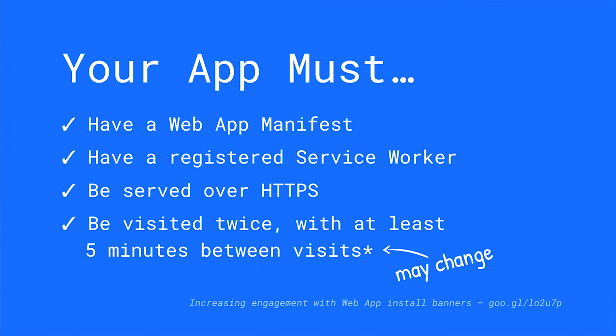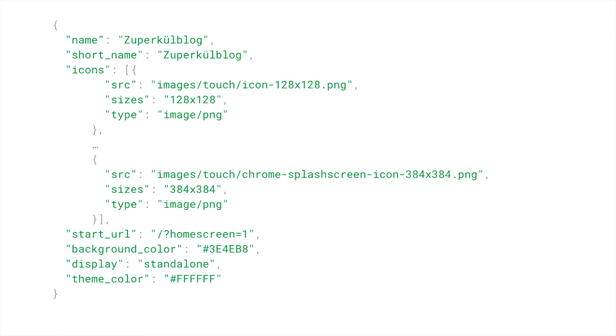So most of these are self-explanatory. But let's look at the web app manifest, because that might be new for folks. So web app manifest is really just a simple JSON file. It's got fields for your application's name, the icons that it